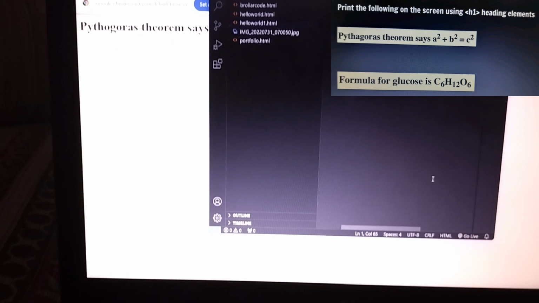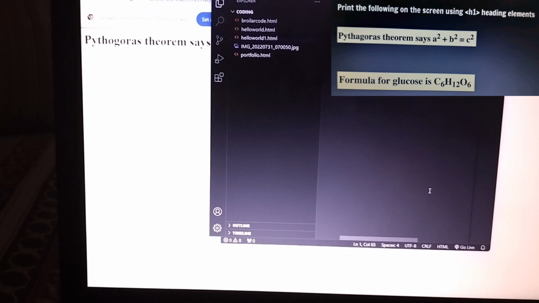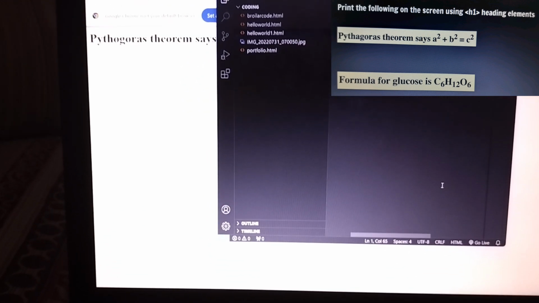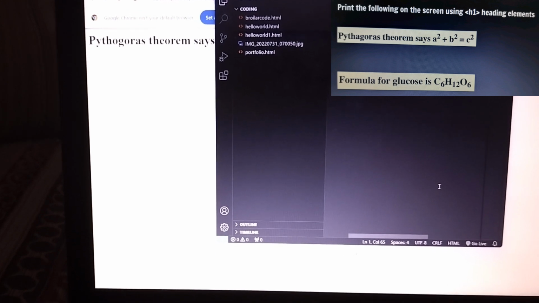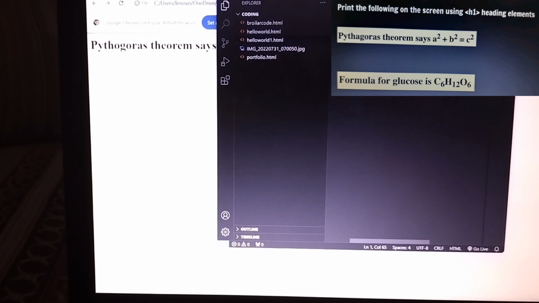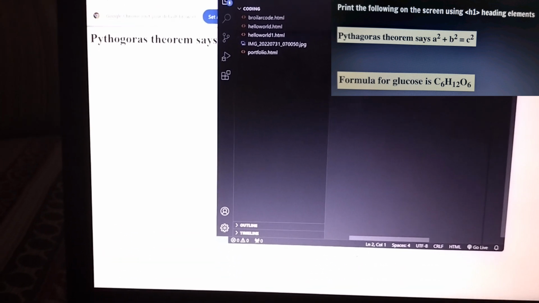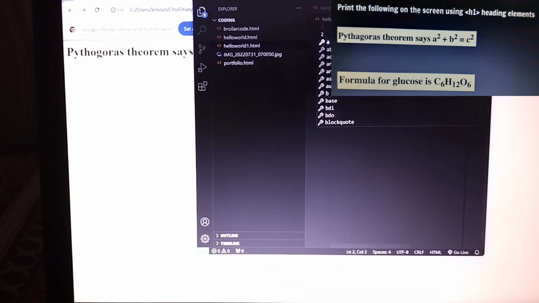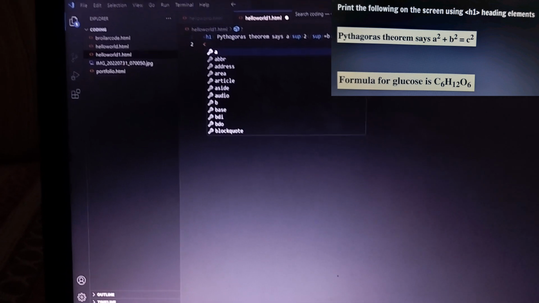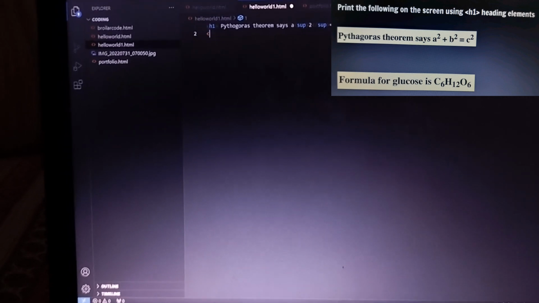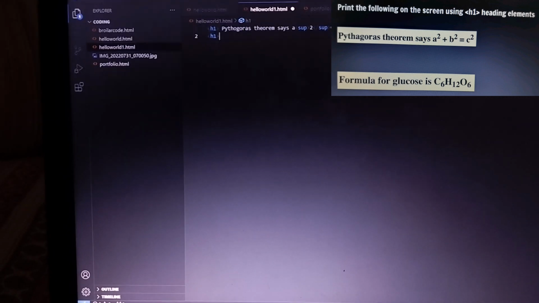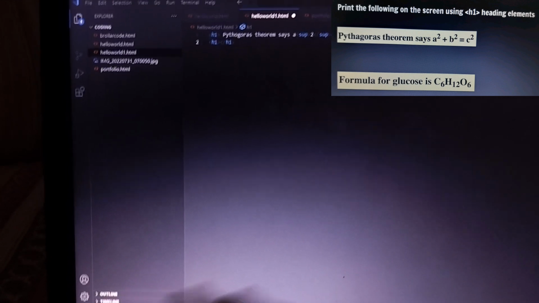we have glucose का formula. So we have to write formula for glucose is, so let's jump on to the second line. यहाँ पे enter किया, and then again heading tag में ही we have to write. So let's add on heading h1 tag, okay, h1, and it says